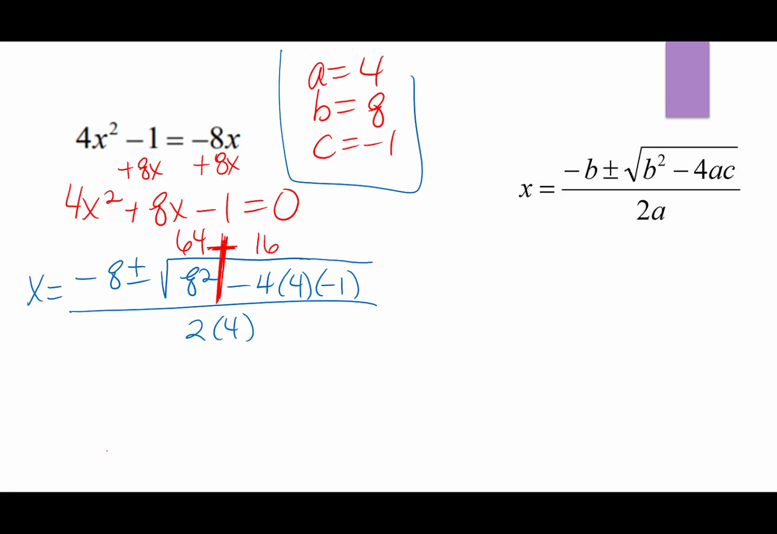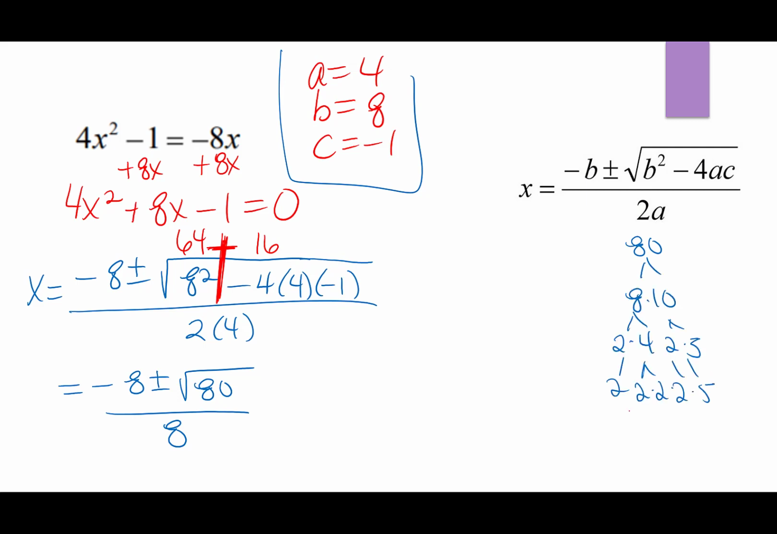Okay, now we're ready to continue to simplify. This is negative 8 plus or minus the square root of 64 plus 16, which is 80, over 2 times 4, which is 8. Now this is the first time that the number under our square root is not a perfect square number. So I'm going to come over here underneath the formula and make a factor tree of 80. Here's your factor tree. It has two pairs of 2's. So another way we're going to write this problem is negative 8 plus or minus 4 square roots of 5